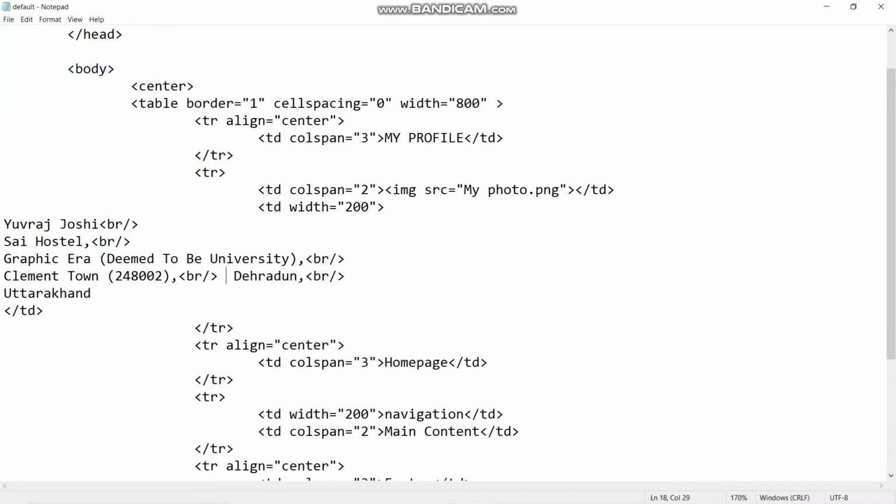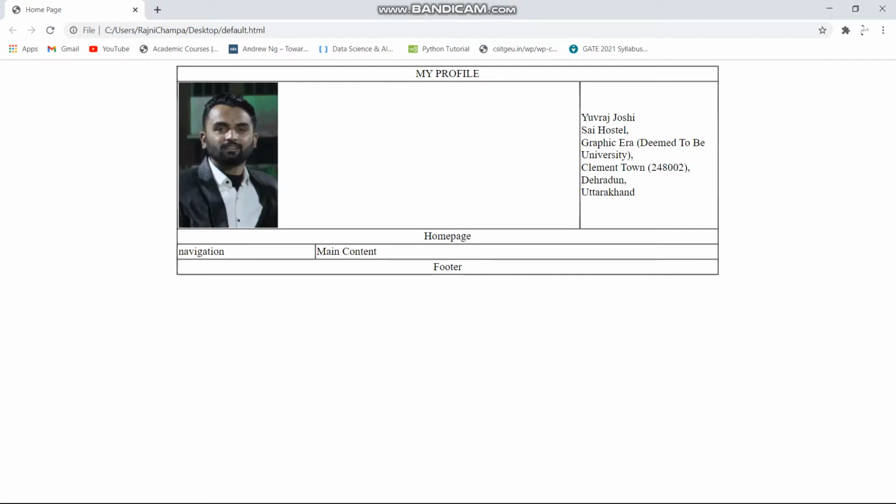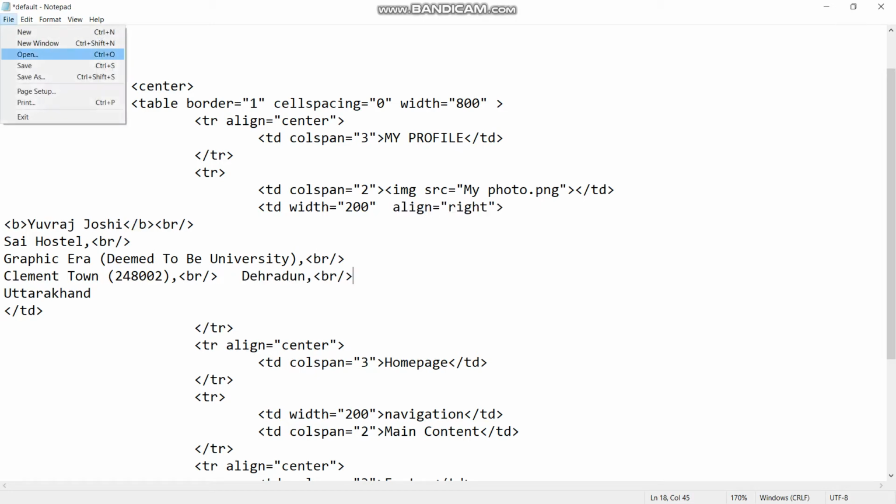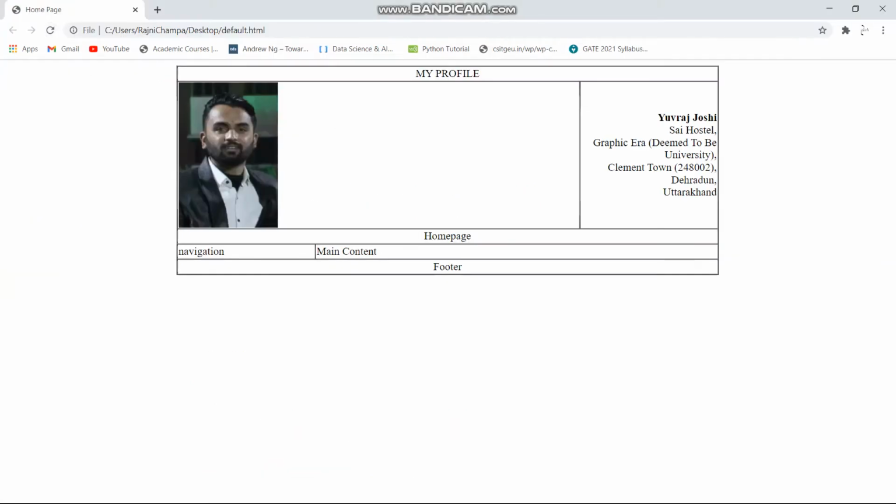Yes. I should also use bold tag in the Yuvraj and align all of them into the right position. Yes. There I got my name and my address.